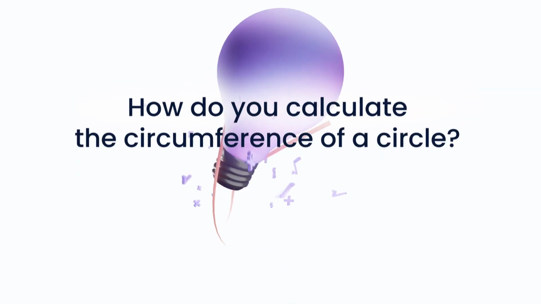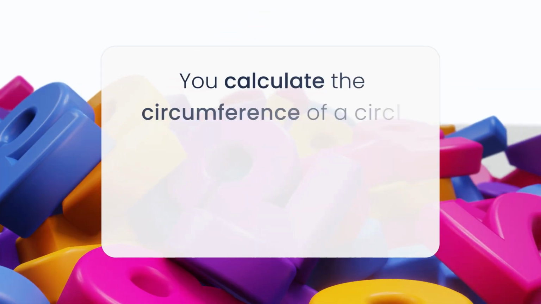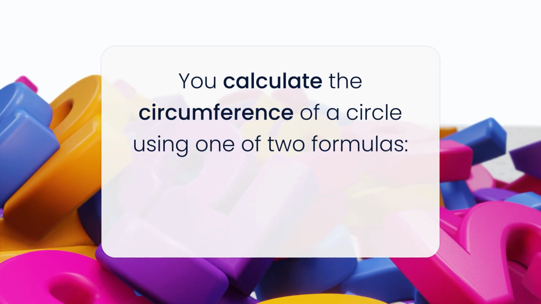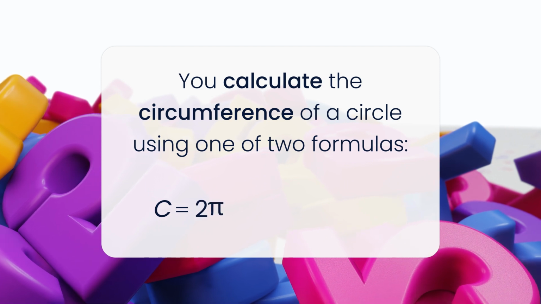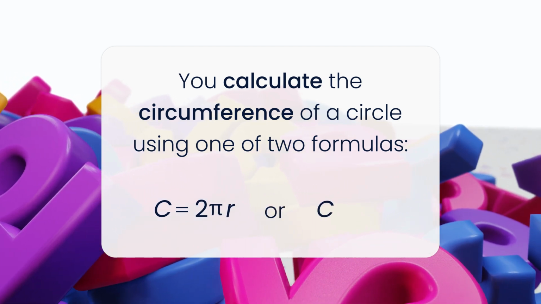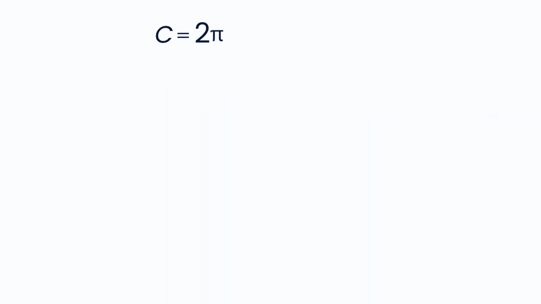How do you calculate the circumference of a circle? You calculate the circumference of a circle using one of two formulas. C equals 2 pi r, or C equals pi d. These formulas follow directly from the definition of pi, which states that pi equals circumference divided by diameter, or just